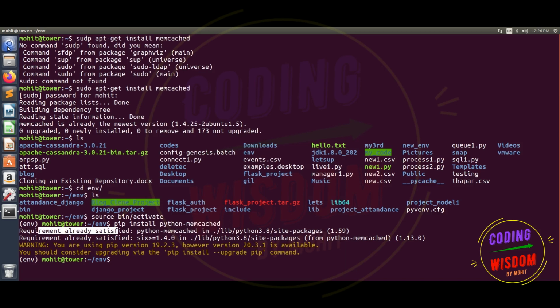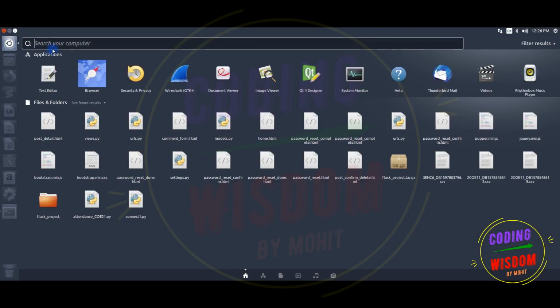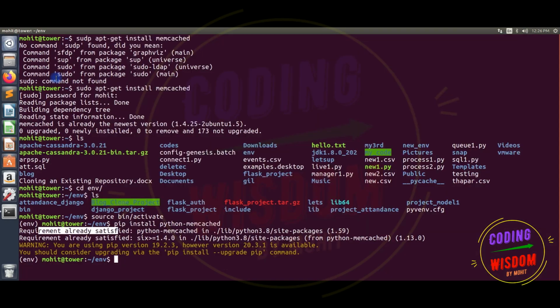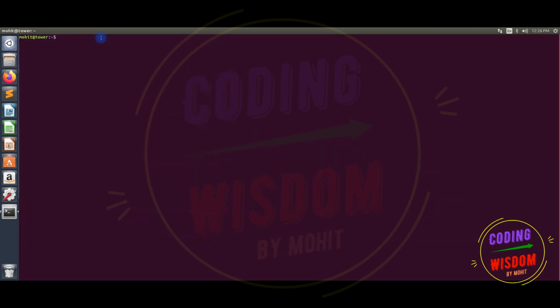I'm using a different shell to demonstrate the Memcache file. Memcache can be configured from its configuration file. Control Shift, sudo gedit /etc/memcached.conf, password.